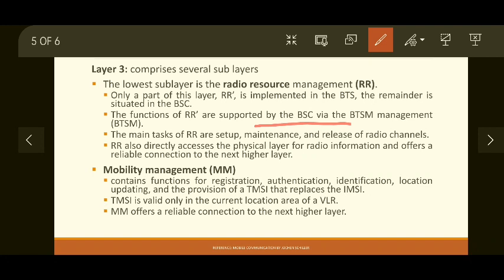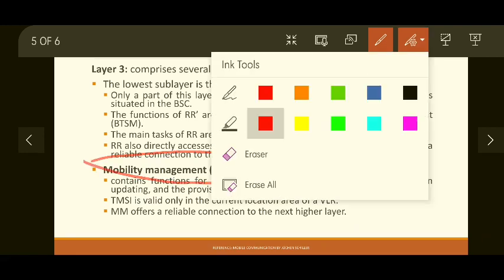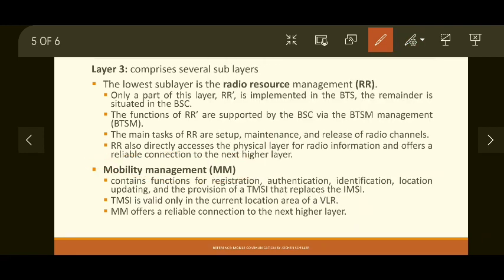Okay, so what is the higher layer at the mobile station? It is mobility management. Okay, what is mobility management? While on an ongoing call, users may roam around different places, whether at a shorter distance or at a longer distance because the user is in a car or a vehicle. So while users are moving, maintaining this call is a difficult task, and that is managed by the mobility management layer.